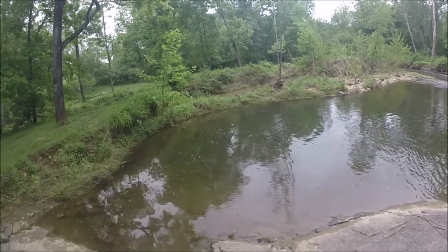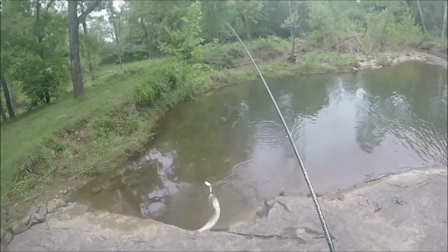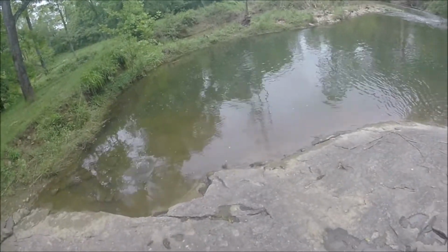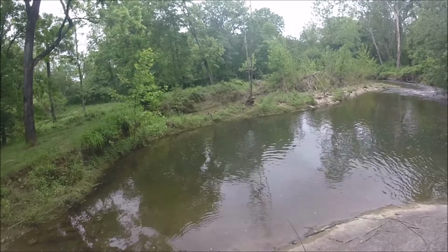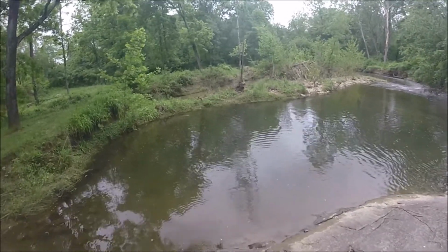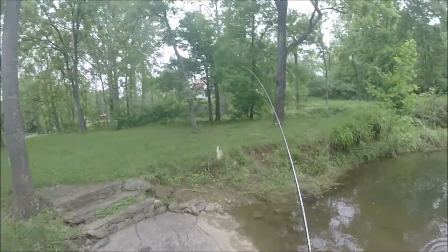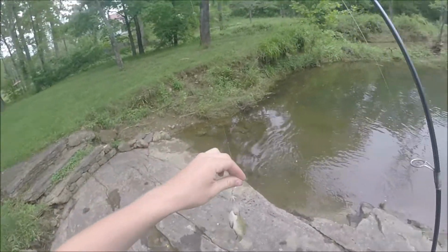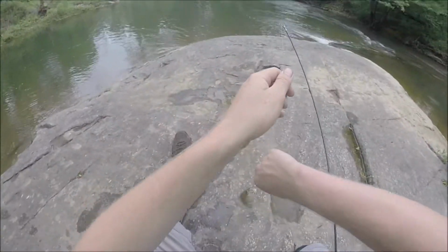Who's going after it? Did you get it? Yeah, you got it. Alright, another little fallfish. Here it goes. Is that a largemouth? Got him. I mean smallmouth? Yes, it is smallmouth. Actually, no, that's not a smallmouth. What is this? Ow. Is that a...